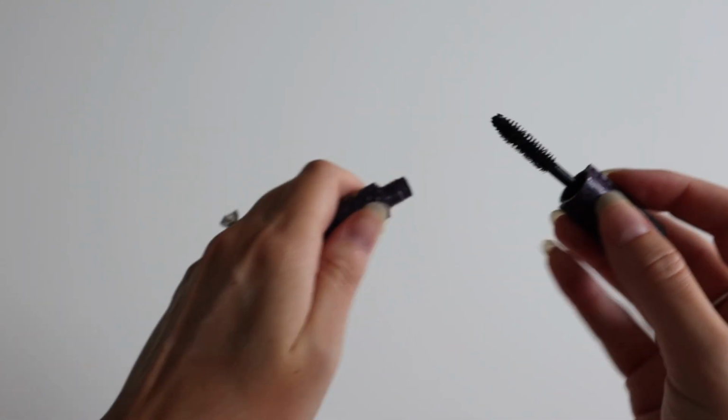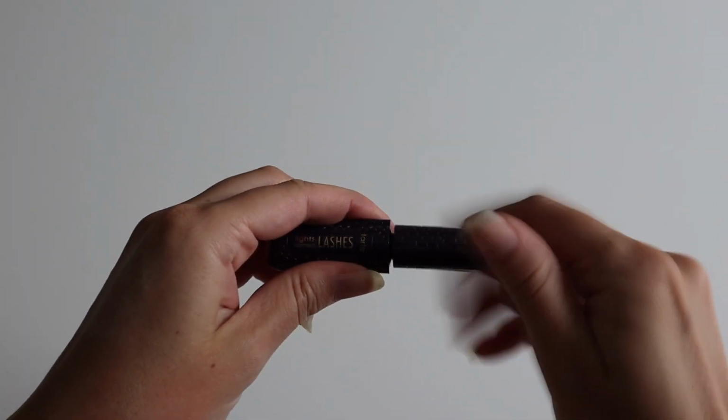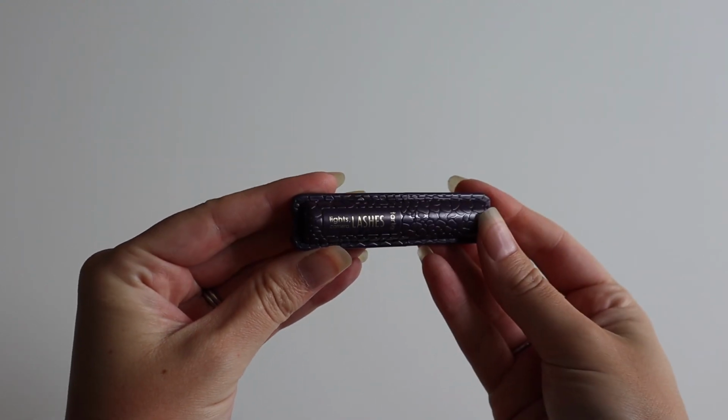So yeah, it's a fine mascara. If you're looking for a more natural, fluttery look, you would like this a lot. But I like some volume. I like some punch to my mascara, and this does not give me the wow factor. So with all the options for mascaras out there, I would not repurchase this. And of course I am not on a new tube. So this one, yeah,